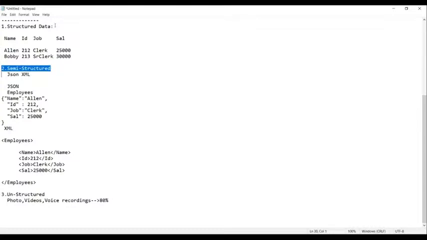Whereas 80% will be unstructured. It does not follow any kind of structure. Getting my point, everyone? Am I right? Okay. So these are the things we have. Now after this,